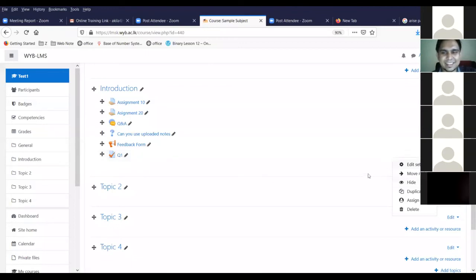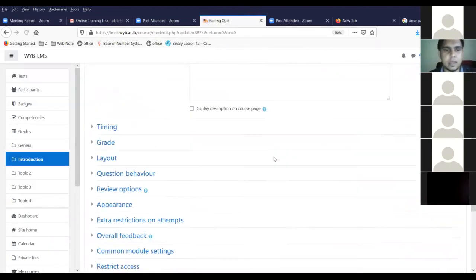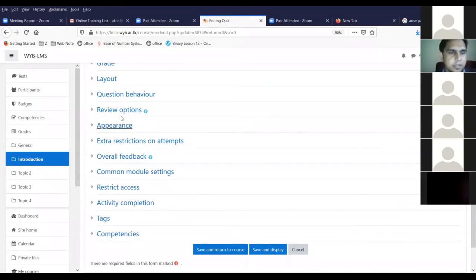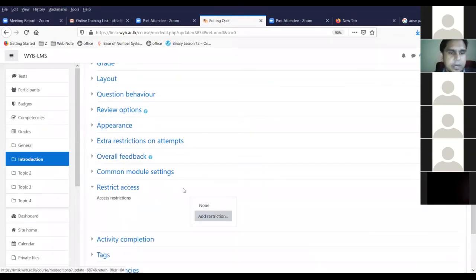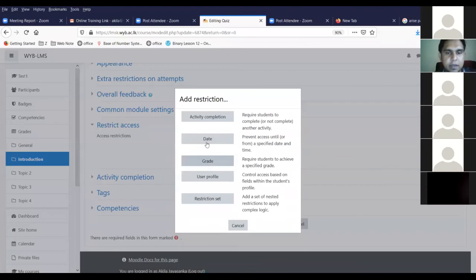Akila, can we give a quiz for only selected students? Yes, I checked on that, sir, because you asked that earlier also. It gives only this feature, I mean, restricted access and restriction here. These are the restrictions: you can only add the grade, user profile and this one.